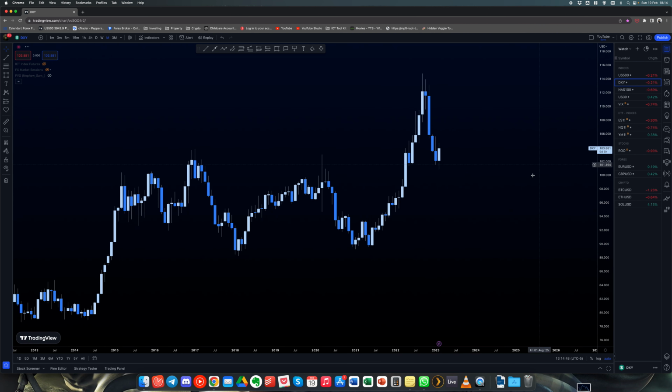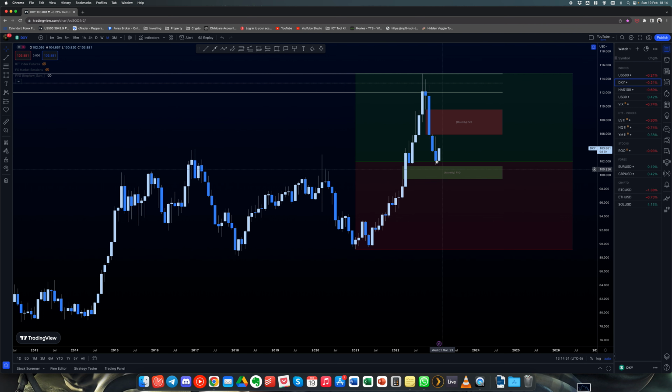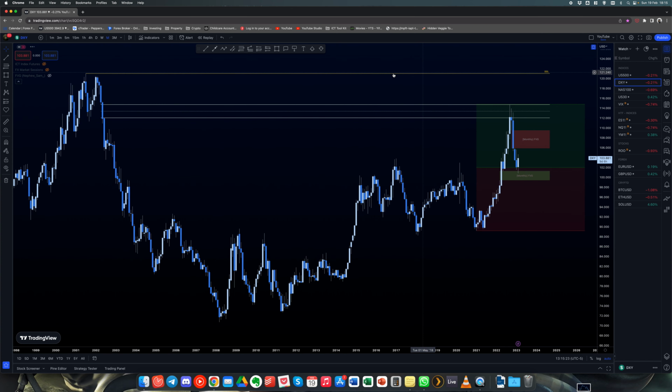And then if we compare that with the dollar index, we've actually had that rejection here. So personally, I would like to see this move up into filling in at least some of this range, maybe the consequent encroachment of this fair value gap, or the mean threshold, which is basically, nice and simple, the 50% mark of this fair value gap. So target 1, target 2, and then full target here. And if we pass the 50% mark of this fair value gap, then it is fair game for higher highs, and I will be targeting the buy side liquidity up here.